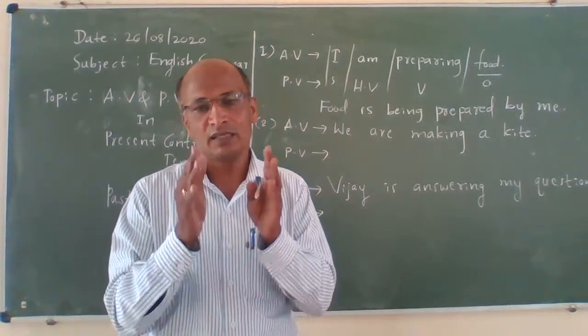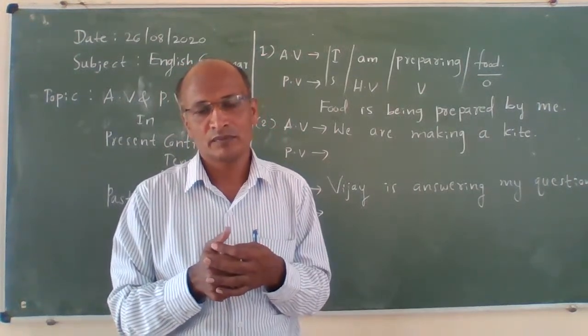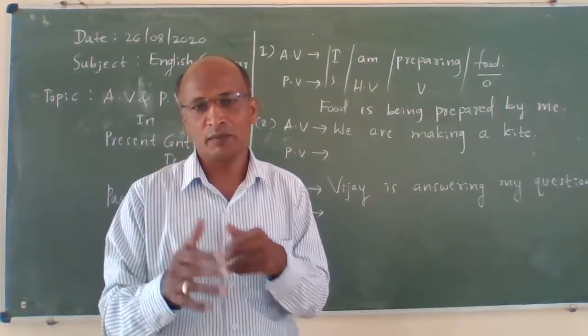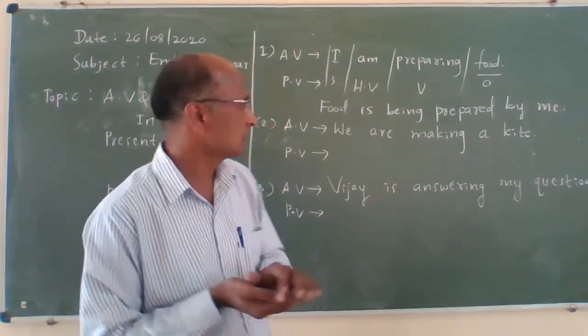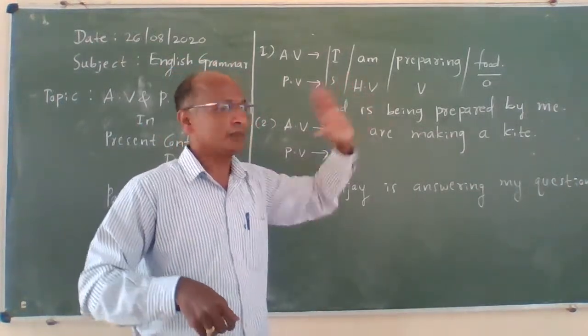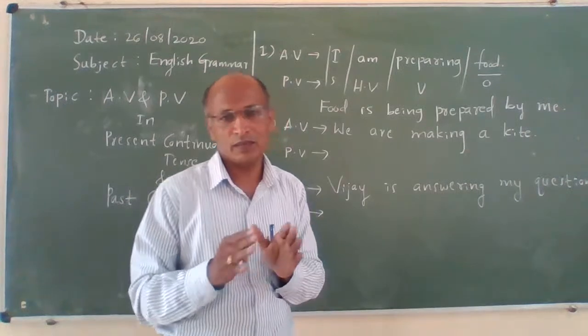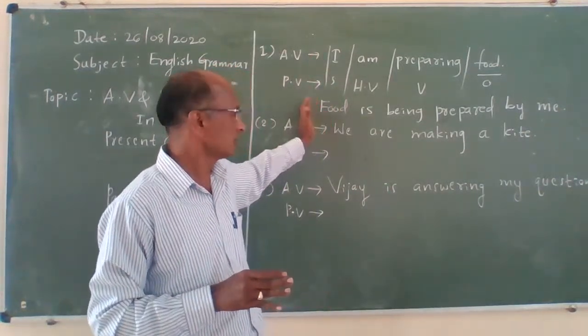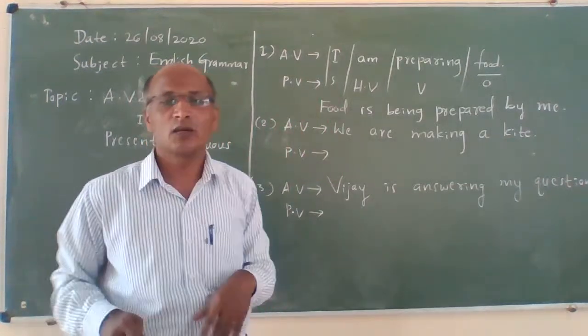After that, think about the helping verb, then the verb and past participle, like by plus subject. See, I am preparing food. Food is being prepared by me. This is active voice. This is passive voice. Right. And let's take a look at